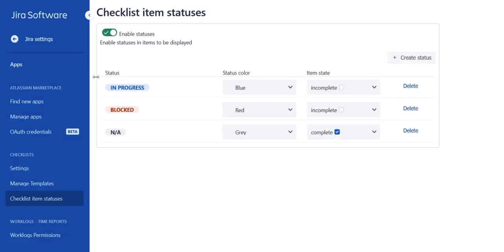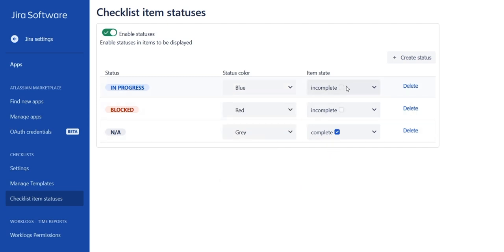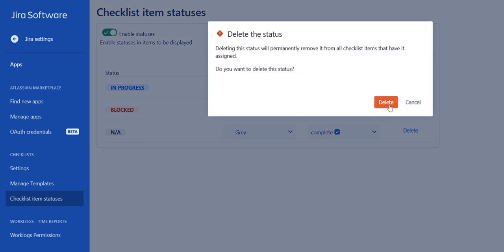As a Jira administrator, you can easily edit the status's style, like its name, color, and state. You can also delete any status that doesn't suit your work style or create a brand new one to fit